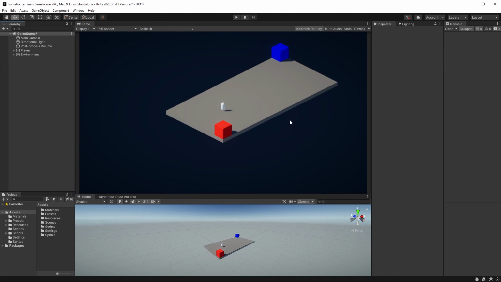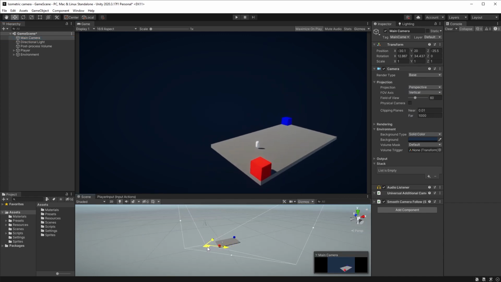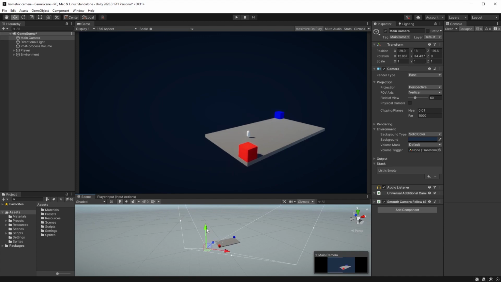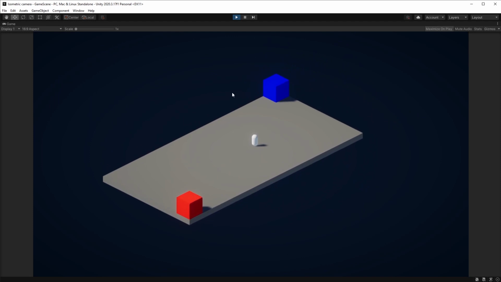Here you can see that the red cube is clearly closer to the camera than the blue one, but since the orthographic camera lacks depth perception, they're rendered equally. If we were to switch back to the perspective camera, you can see that the blue cube looks smaller and further away. I'm using a simple script to make the camera follow my player, to which there is a